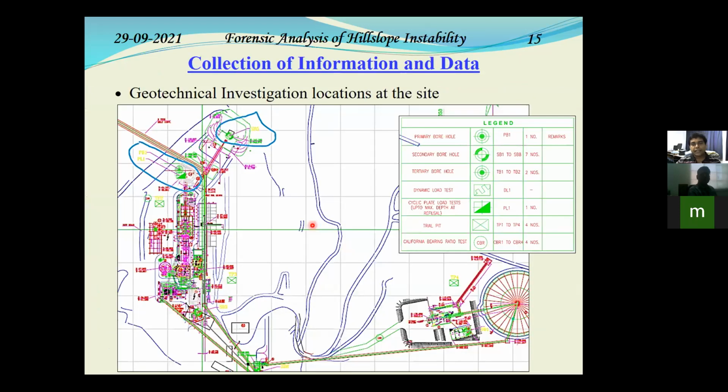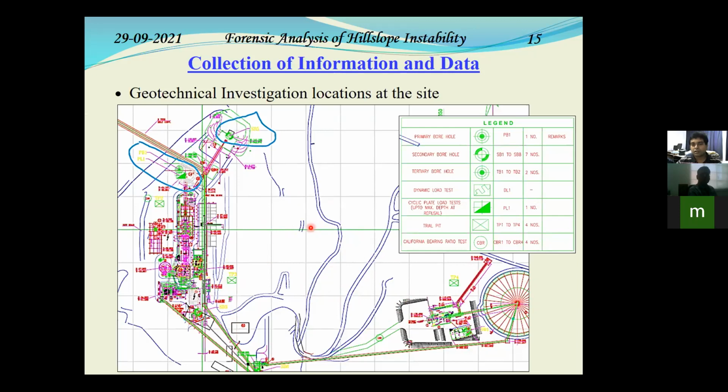So the next phase we looked into was where we tried to collect some information and data from the site. We asked the client what geotechnical information they had at the site. So this is the cement plant. This is the area where the landslide has taken place, and this is the southern section of the cement plant. But what we could learn from the client was that at the location of the landslide, since they were